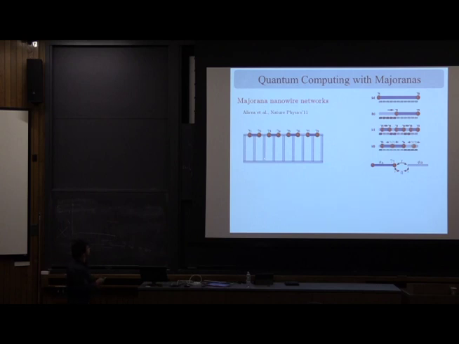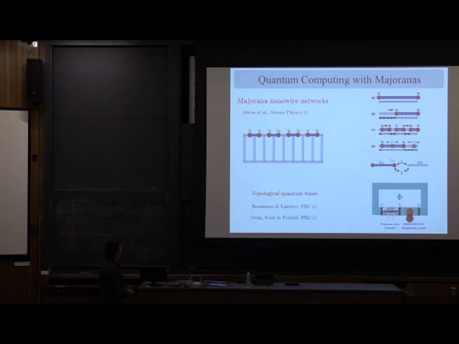The second, of course, we need to create some kind of network. And if we create the network of the wires, then we can braid these quasi-particles. And since I mentioned they have non-abelian statistics, there are some exact gates that one will have. And another important ingredient, which I'll explain in a second, is the ability to couple these wires to some conventional qubits, and in this case I will discuss a semiconductor double dot qubit.